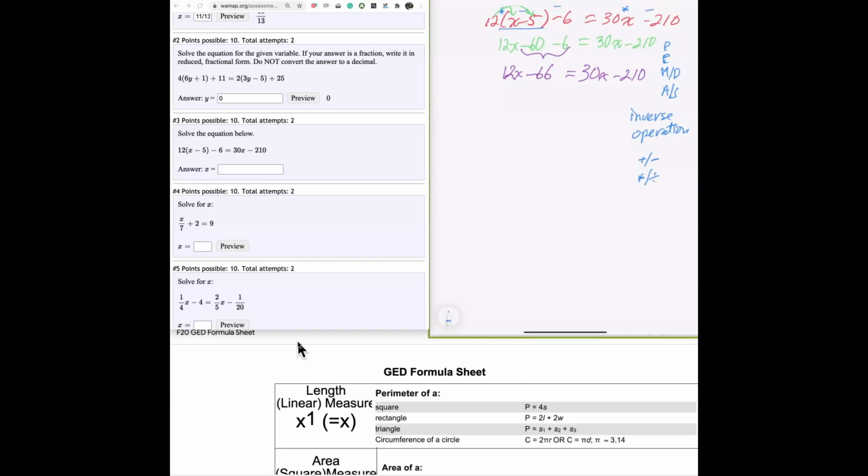So we're going to take the inverse, which is addition, and we're going to add 66, right? We want to get this number off of this side, and we have to add 66 over here because we added 66 here. We're going to add 66 to negative 210. Negative 66 and 66, they become 0, so we're left with just 12x on the left, and that's equal to